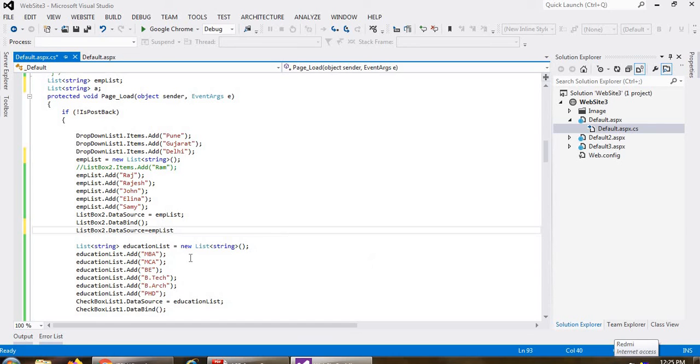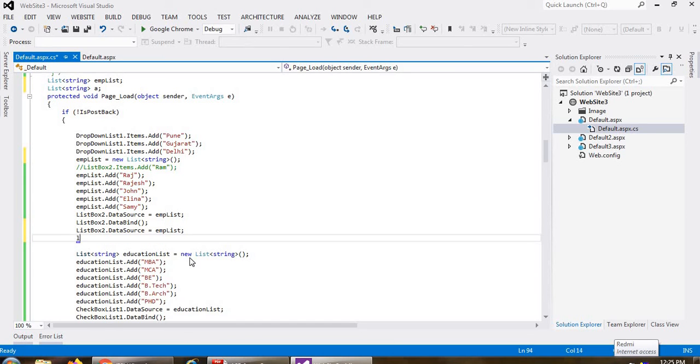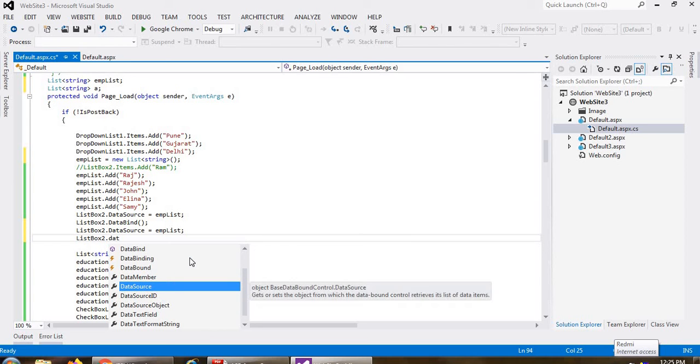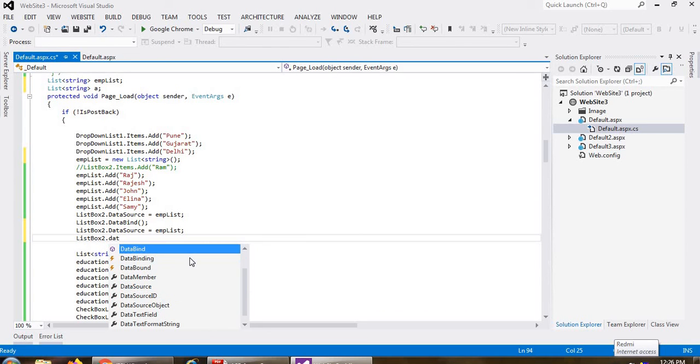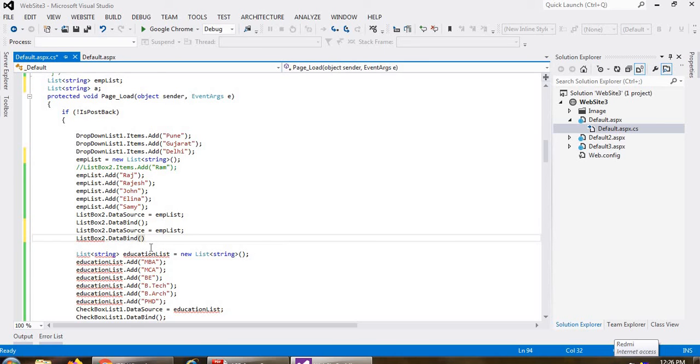The same thing, if I want to input ListBox2 dot DataBind, DataBind is already there. See here, the DataBind method is already there. You can select this one and then, yes, okay, clear, done. So you can do it like this.